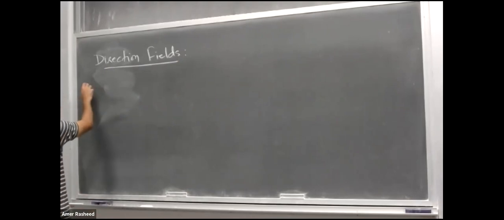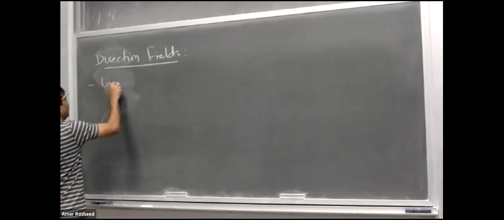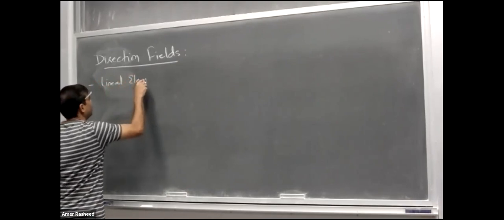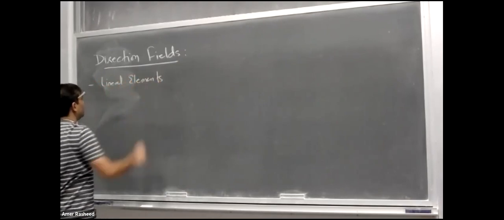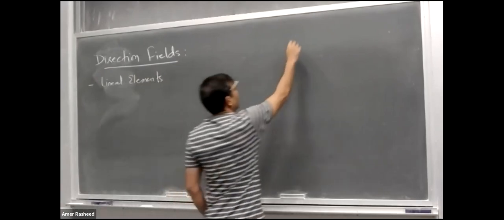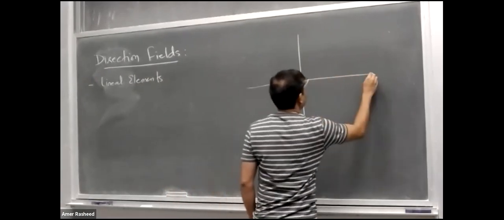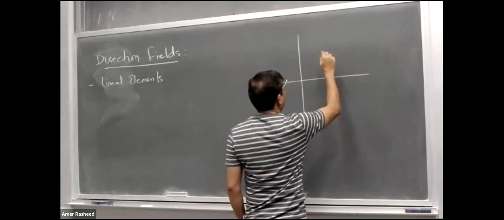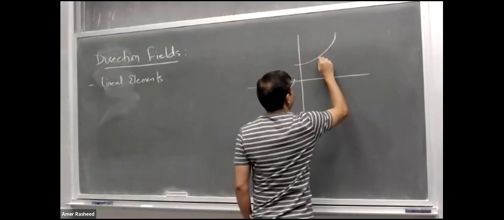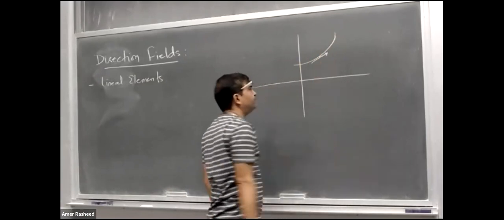We discussed lineal elements. Lineal elements are basically small line segments or maybe small arrows which define the slope at a certain point